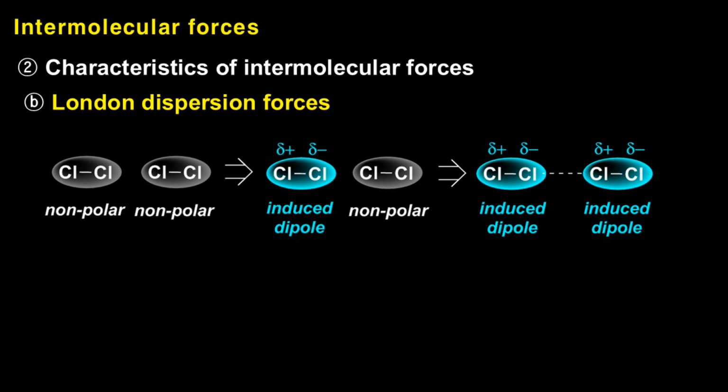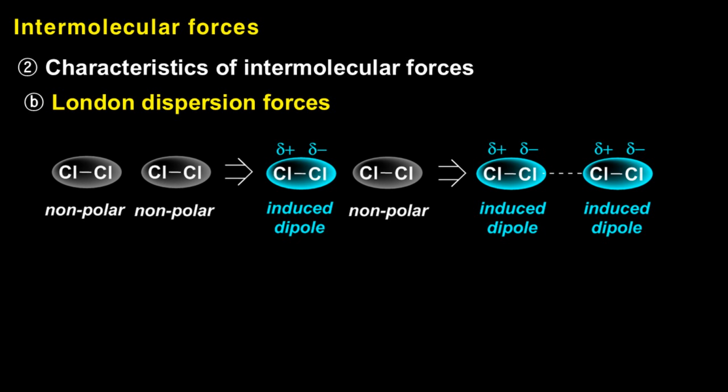Cl2 is nonpolar because the two chlorine atoms share electrons equally. But at any given moment, the electron distribution can shift just a little, creating a temporary dipole. That temporary dipole can then induce another dipole in a nearby Cl2 molecule, and that leads to weak attractive forces between them. Now, even though these forces are weak, they're still strong enough to affect physical properties, like boiling point